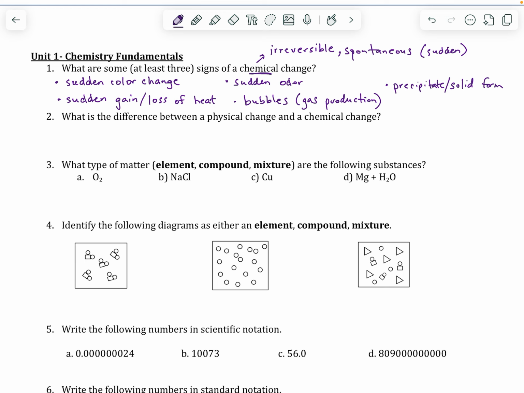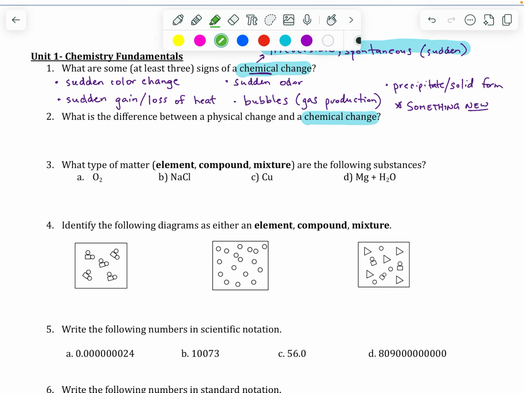So again, chemical change is something new. All right, that was the big thing. It is something new, something that has a new chemical identity based on the way that those elements are now bonding together, or not bonding together, right? Some major difference between physical and chemical changes. If chemical changes are irreversible and spontaneous,